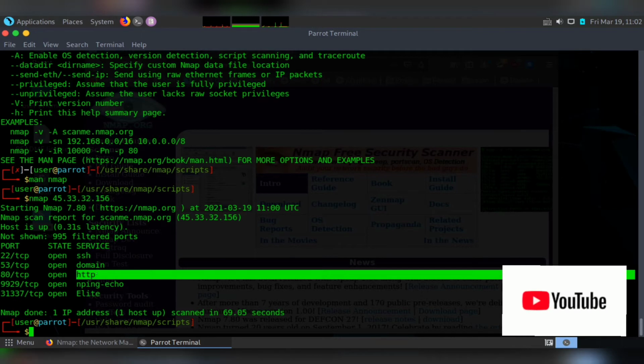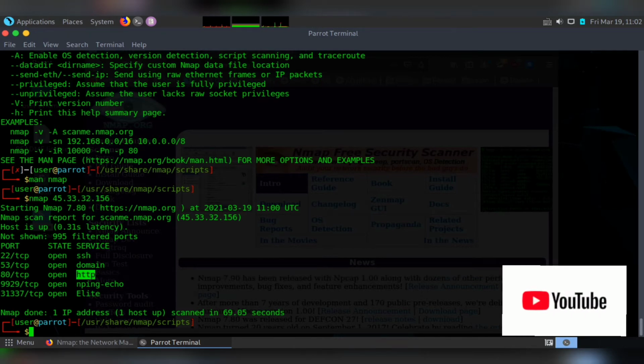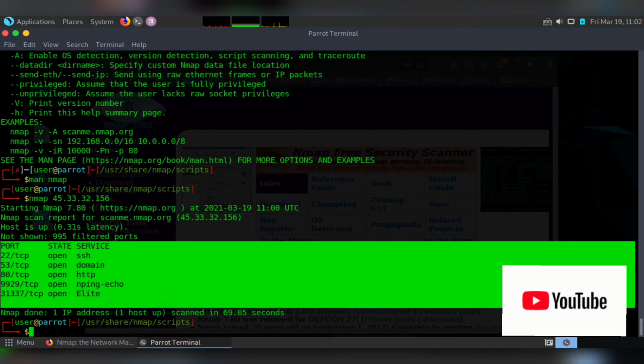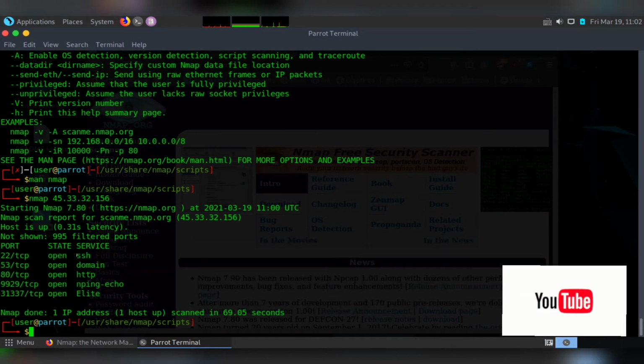So some of you might be having the question: what is the use of port scanning? After determining these ports, we can also determine the services running on this particular port and their versions. Afterwards we can check for CVEs and others. We can use Metasploit to check what vulnerabilities are present for this particular service and service version, and then try to exploit them using the Metasploit tool and others. We have to do some sort of information gathering about that particular service and the service version. That is the use.